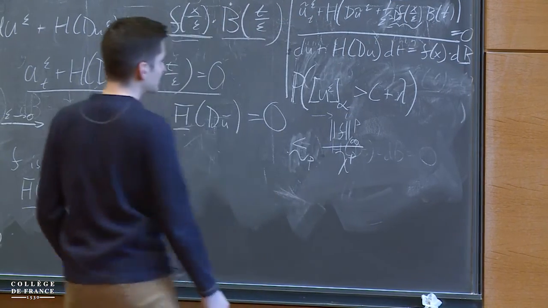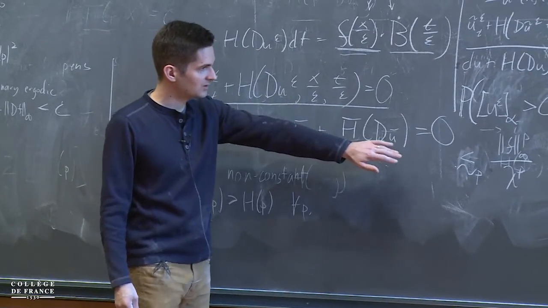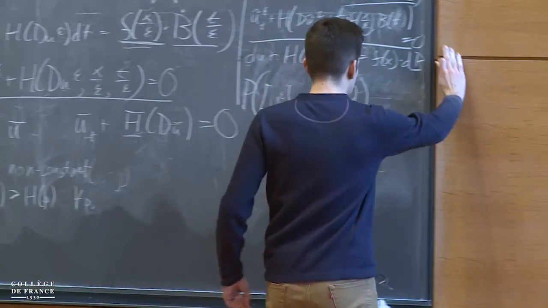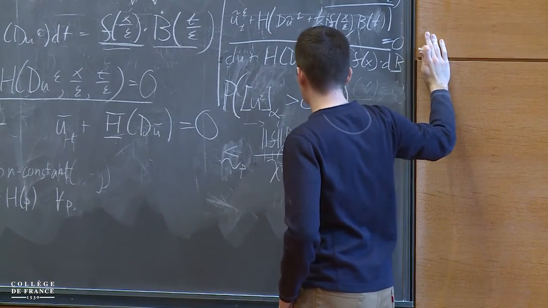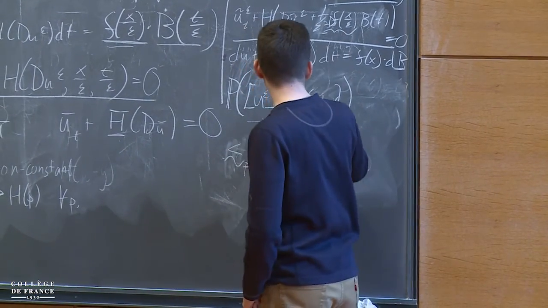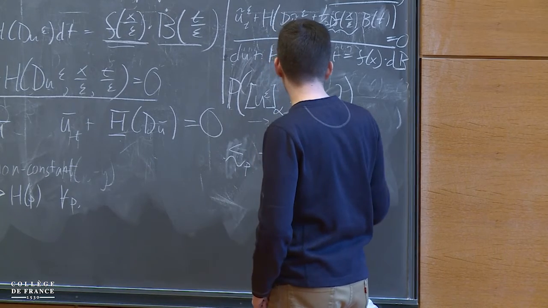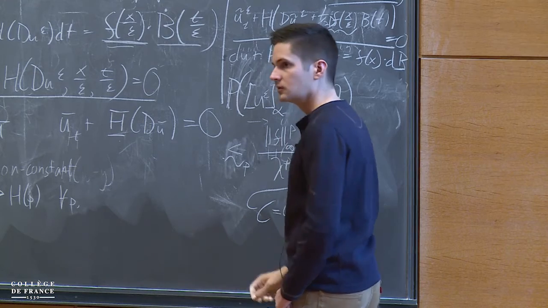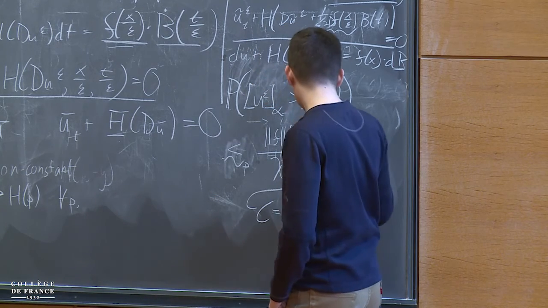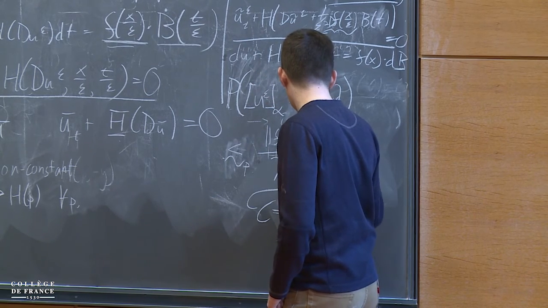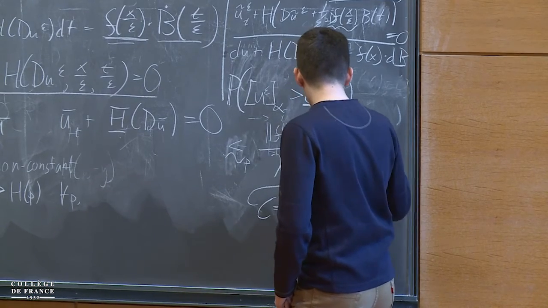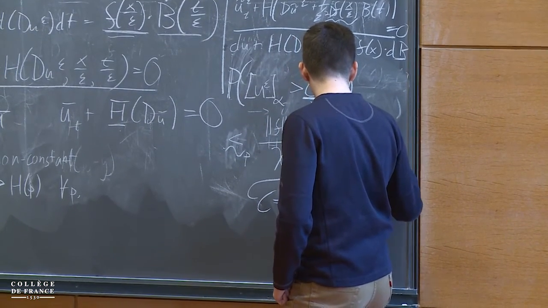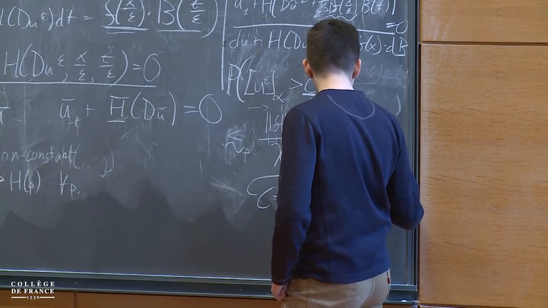So this right away seems great, because it looks like I only see the sup norm of f and not its oscillations. So where then do the oscillations of f come in? That will come in the dependence of this constant. This constant necessarily will depend on the C1 norm of f. However, it will depend on it in this way. It will depend on the sup norm of f, but then also on this particular product, the product of the sup norm of f with the sup norm of the gradient of f.